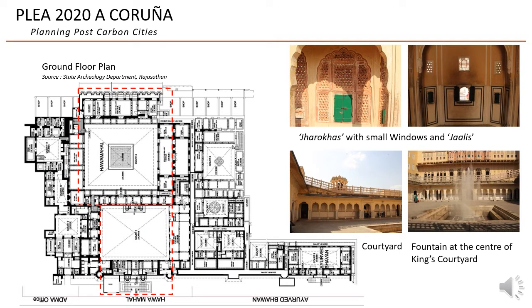Jharokas in the front facade consist of a small window along with the red sandstone jalis. The intricate pattern of the jalis supplies cool air caused by the Venturi effect, thus air conditioning the whole area during the high temperature season. It is also accompanied by a semi-octagonal base, which provides the monument with a distinctive facade. The inside of Hawa Mahal is associated with colored marbles and rich inlay sections, whereas fountains embellish the actual center of the king's court.